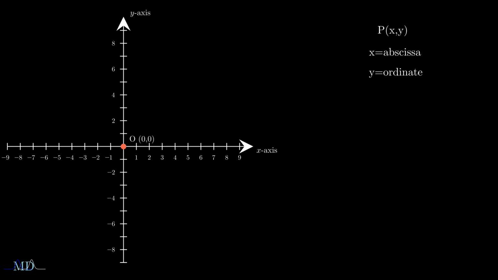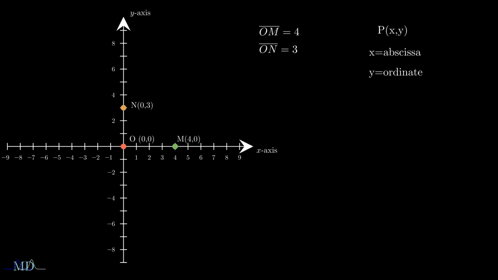It has coordinates 0, 0. A point that lies on the x-axis has the ordinate equal to 0, like the point M in figure. The distance from the origin of the points with ordinate equal to 0 is just the value of the abscissa, in our case 4. Similarly, a point that lies on the y-axis has the abscissa equal to 0, like the point N. And the distance from the origin of these kinds of points is the value of the